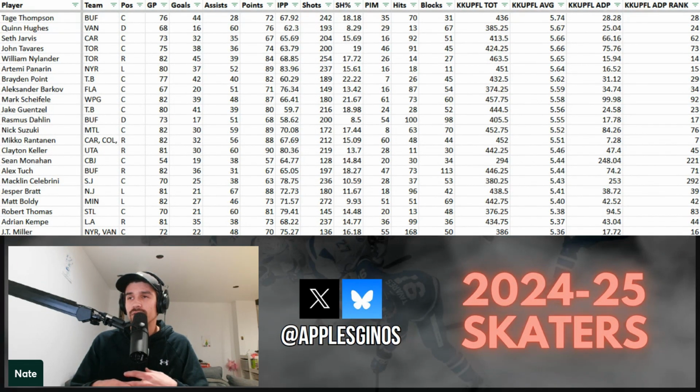Only 11 of those 36 players by fantasy points per game were drafted outside the top 36. This is way more impressive when you consider that you're essentially playing the top 36 players drafted versus the entire rest of the NHL, and 25 out of those 36 actually beat the entire rest of the NHL and return top 36 value. That's just tremendous, tremendous stuff. It's such a safe investment, the skaters in the top 36. Yeah, what can I say?